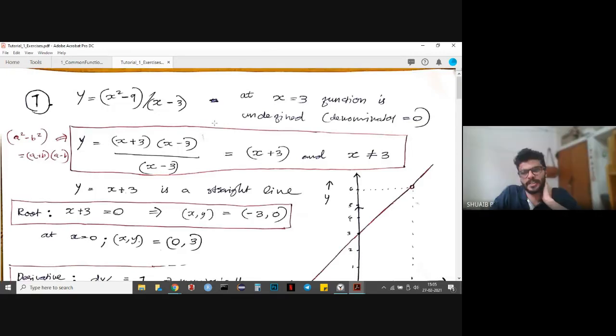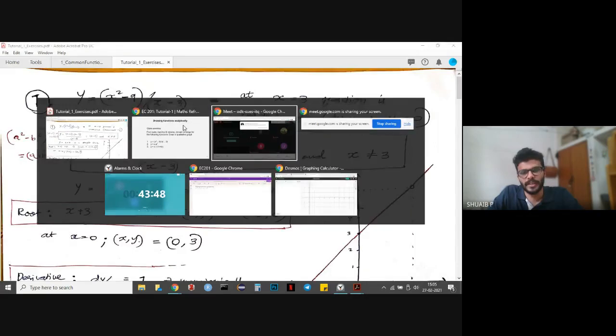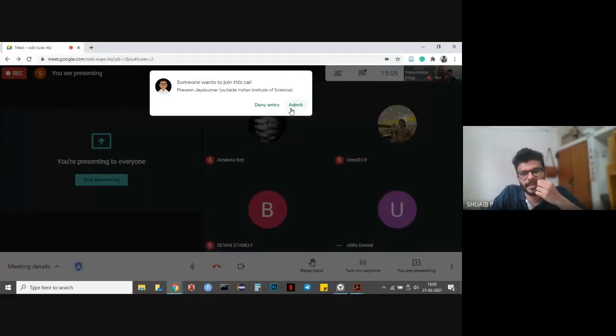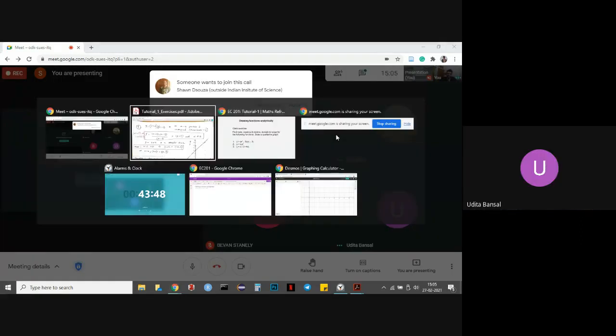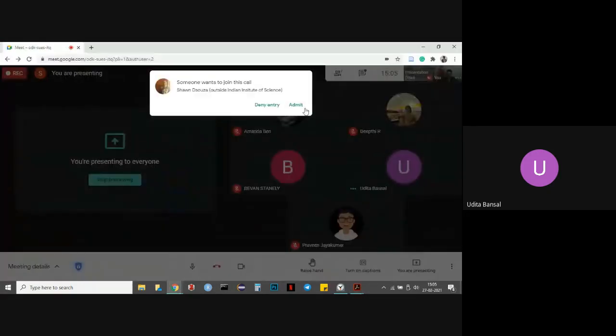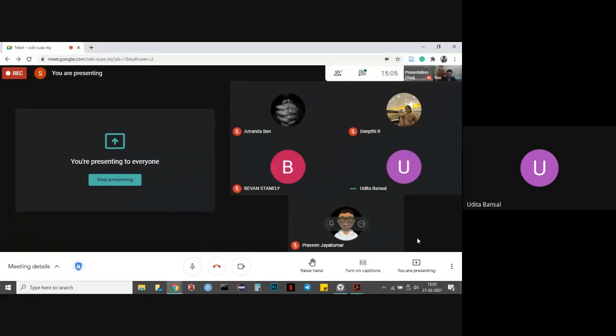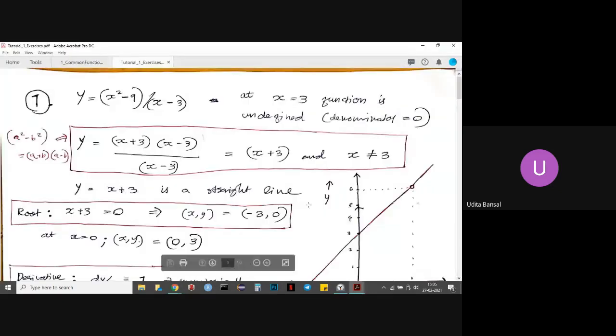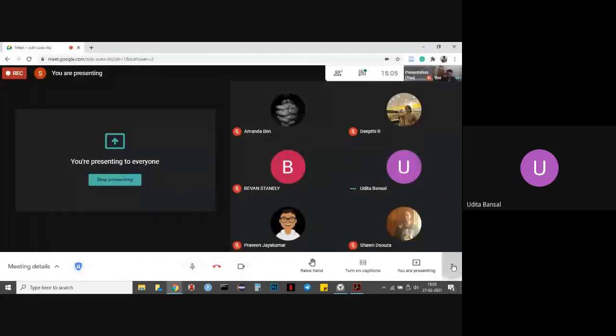Yes. So for the first one, so yeah, for any function, even before we get the roots, it's important to see, like, can people get admitted? If I'm presenting, can someone, are you being able to admit? No, we don't get the requests. Oh, okay. Okay. I can do something.